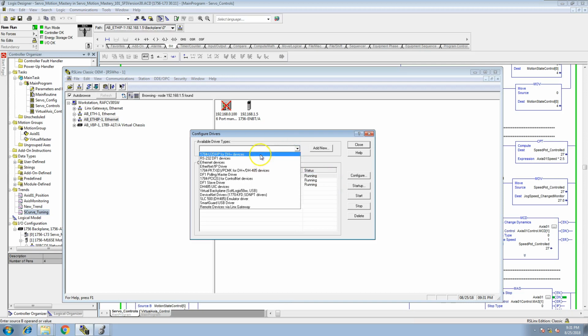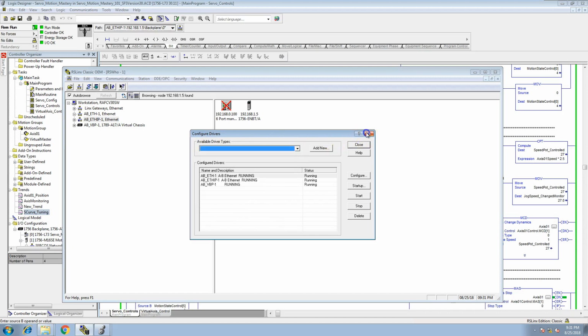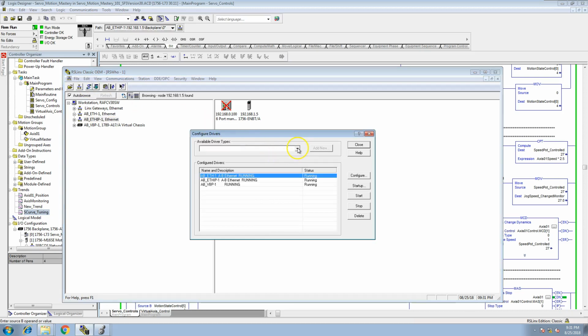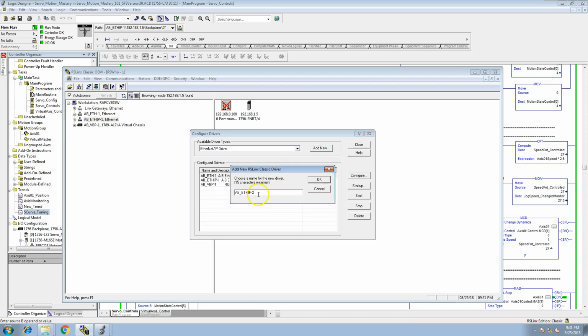So to do the one that auto detects, if you want me to show that again, go up here to Configure Drivers, Add New, which shows available driver types. You're going to choose the Ethernet/IP driver. You add new. Of course, this is going to say number 2 for me. We'll just call this auto detect,